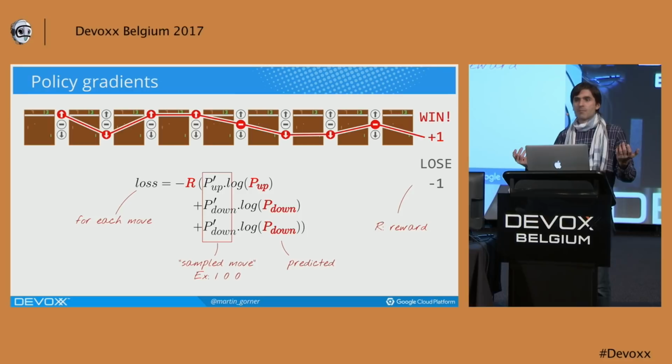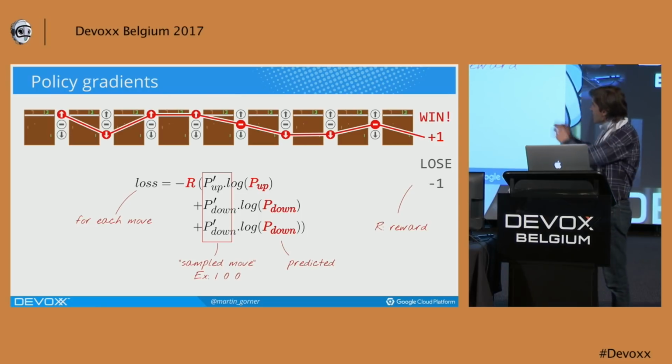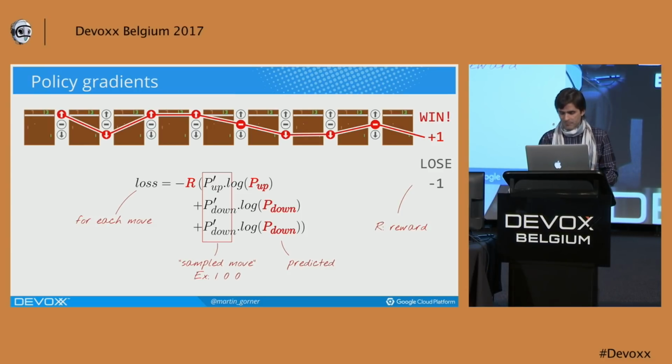And now we have a loss. So now we can actually start training this system. This loss is computed from the probabilities. Those probabilities are computed by our neural network, which has weights. So we can derive this loss relative to the weights. That obtains a gradient, and so on. We can know how to move the weights so as to penalize moves that ultimately made us lose and make more probable the moves that ultimately led to us scoring a point.